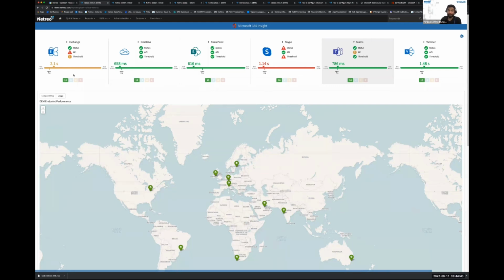Netreo provides the capability for you to deploy agents on your remote desktop PCs that are provisioned across the globe onto various locations. And these agents that are installed on your remote desktops can, in fact, make these same API calls with these service account credentials to these 365 services and do this synthetic transaction to find the service response time for these 365 services, so that way you have the overall view on how these services are performing from your various geographical locations compared to your core